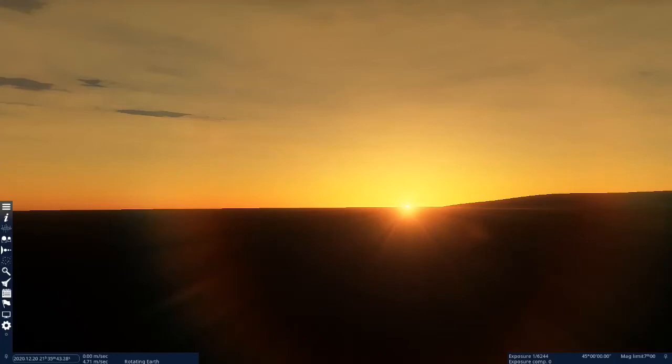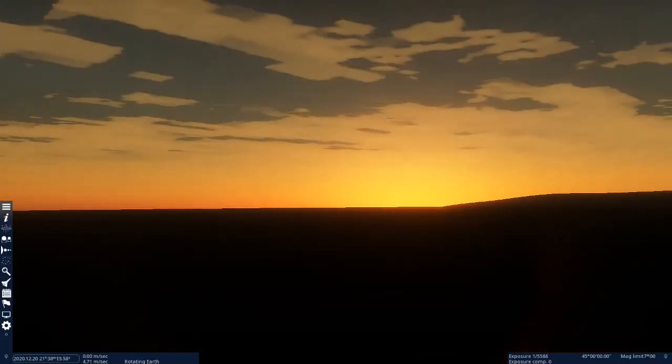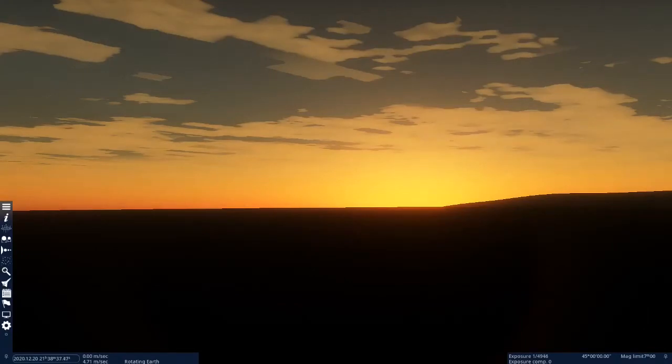As the clouds start to clear up, I'm actually going to fast forward a little bit. I'm going to speed up the passage of time. You notice that the clouds have a pixelated, squared-off shape to them. We're looking at them at an oblique angle, so the squares are an isometric projection for us.